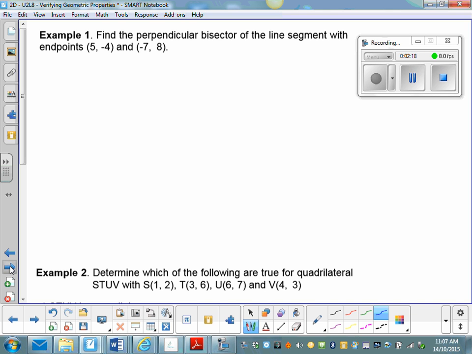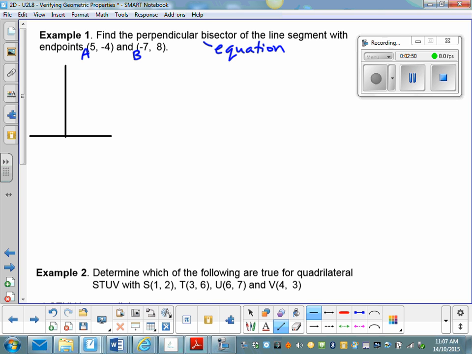So first example here, find the perpendicular bisector of the line segment with those endpoints. Now here they want us to find the equation of the perpendicular bisector, and I'm going to call this point A and point B just to make life easier for us. And I would suggest that you sketch a picture of what these things look like. Now it's not crucial that I draw this particular one on the graph. The important thing to know here is that